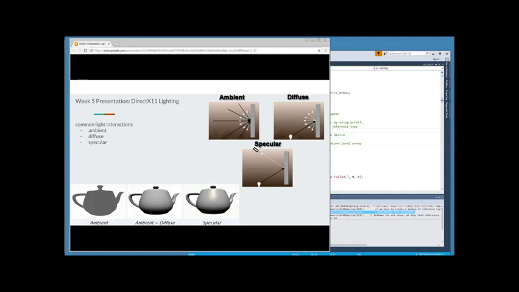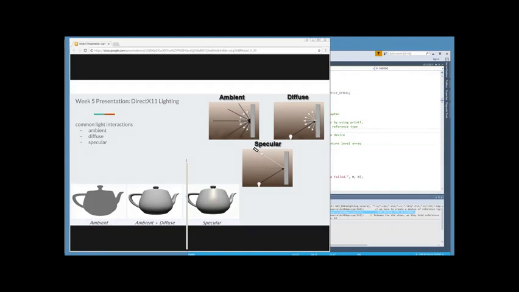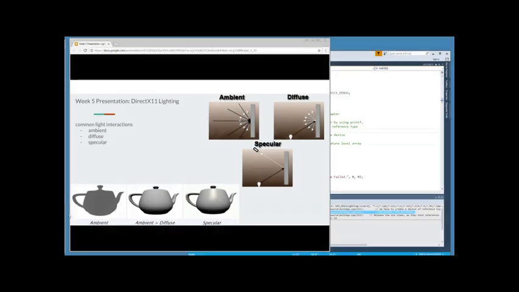The next thing we'll look at is what we call common light interactions. So how do lights interact with materials? In the real world, the physics of light material interactions is rather complex and varies based on the spectrum or based on the color. So in computer graphics, we tend to model or simplify this interaction